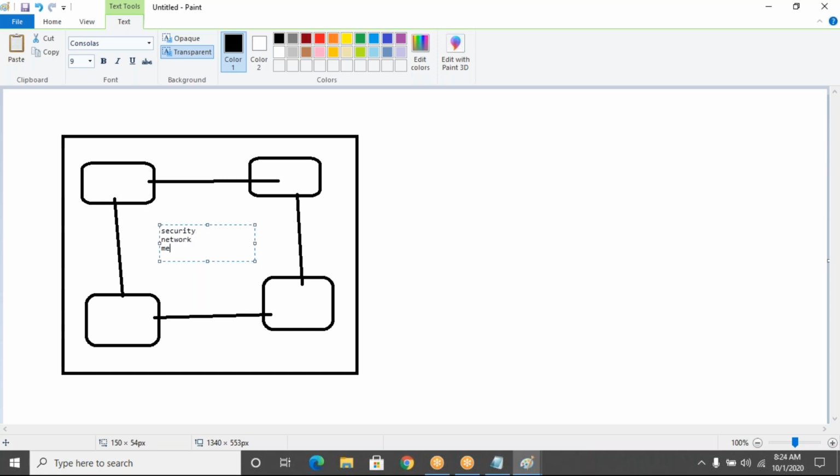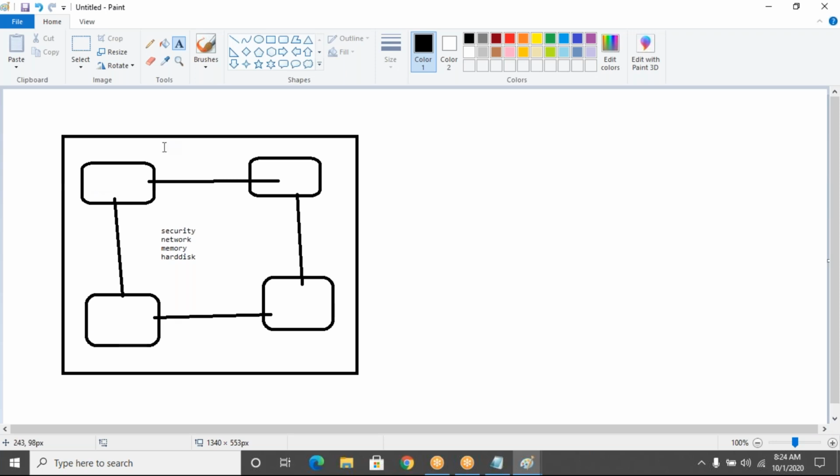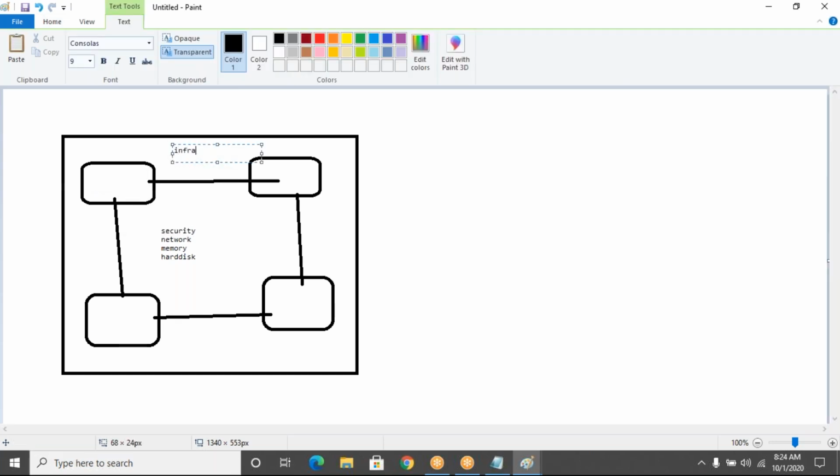Memory, hard disk, all these things are required. Security, network, memory, all these things. So if you want to set up this kind of infrastructure, what are the pitfalls? You need some initial capital investment. That is the one thing. Definitely you need to purchase all these things when you start your company. Am I right? And the second thing is,